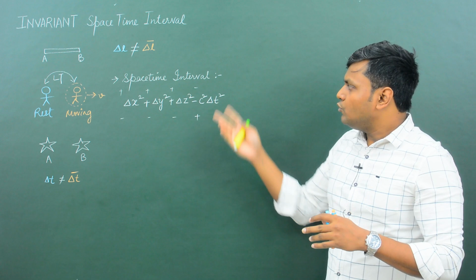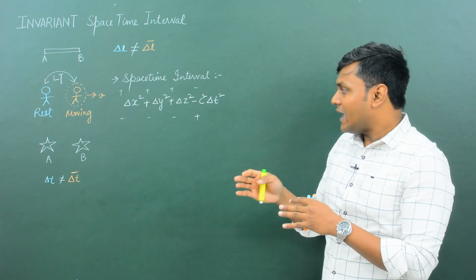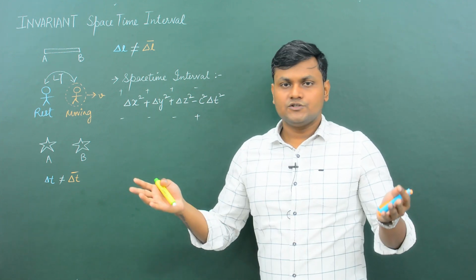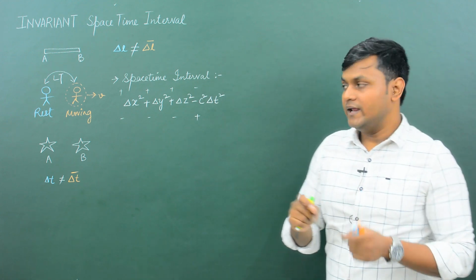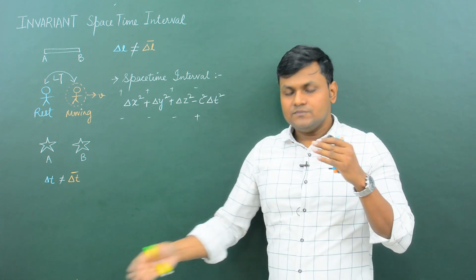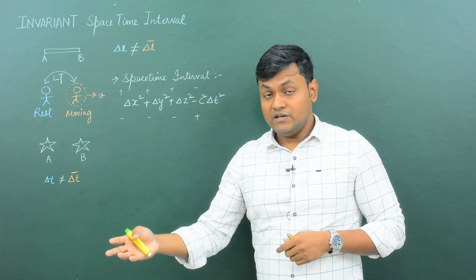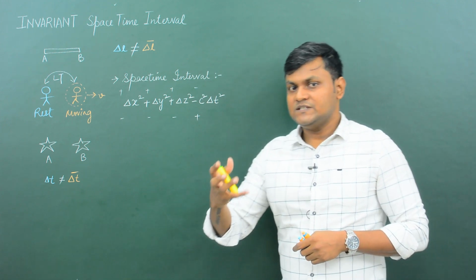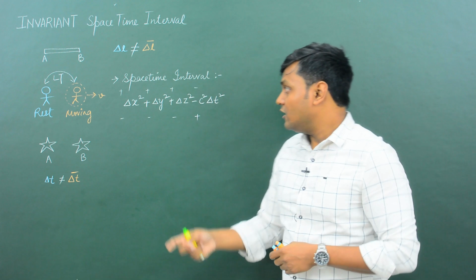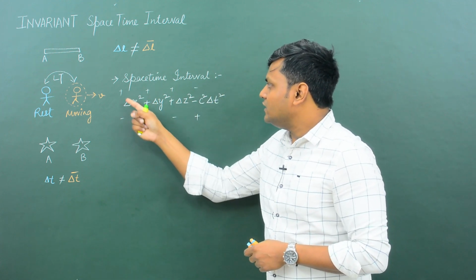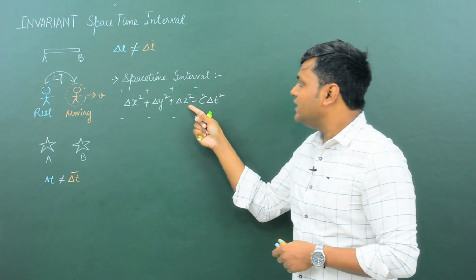It doesn't matter, both of them are equally valid, and as long as you are consistent, your calculations are going to give you the correct results. In my series of lectures, in the coming lectures in which I'm going to discuss Minkowski space-time, geometry, 4 vectors, I'll be using this convention where I use the plus sign before the space coordinates and the minus sign